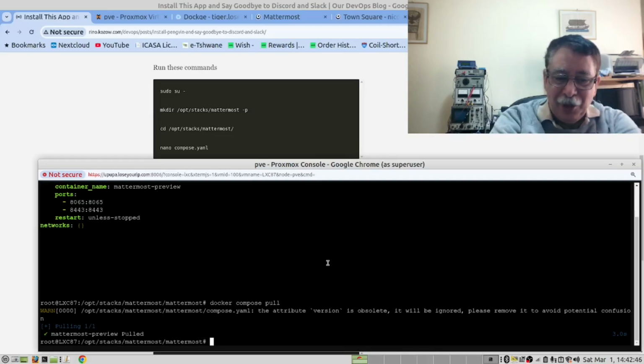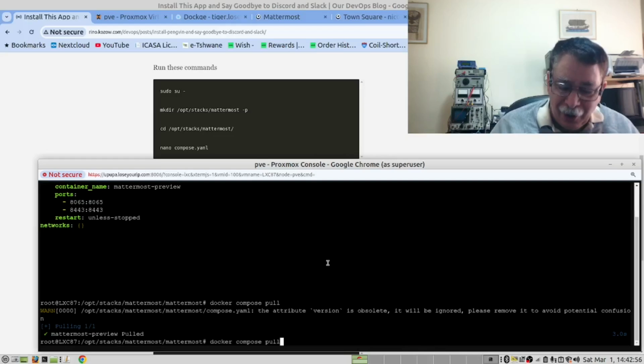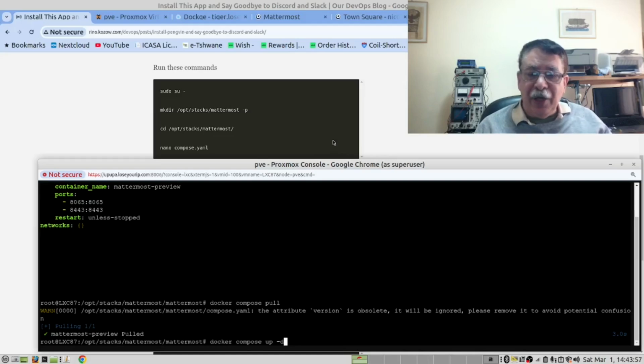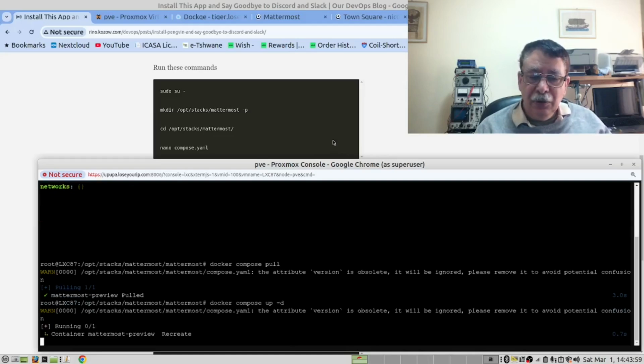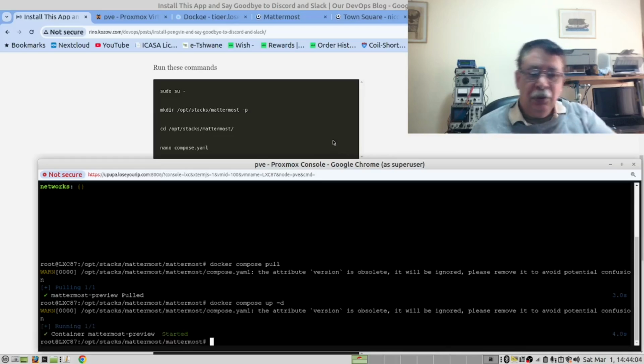But in your case, it's a few hundred megabytes, so you will wait a few minutes for this. After that, we will then run docker compose up -d to run it in detached mode. So let's do that. You can see it ran quite quickly on my side as I already had the image.